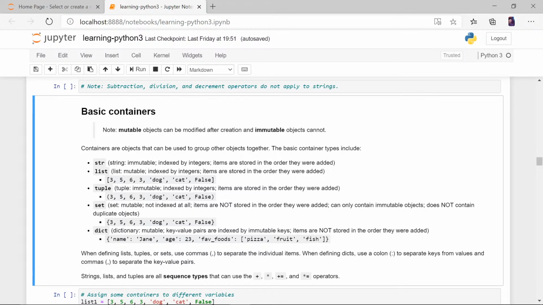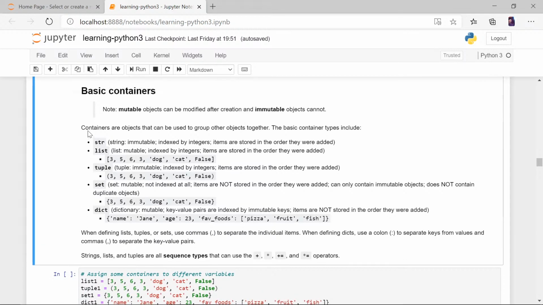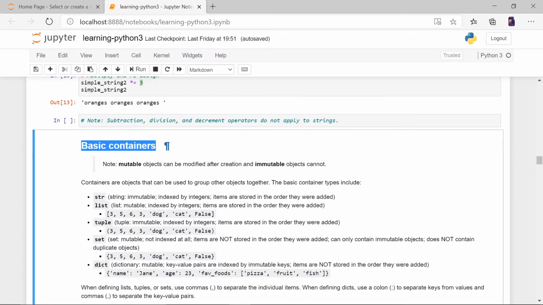Okay, so here we go with the basic containers. Basic containers are nothing but, as you say, there are parts of speech in grammar, or we can say a property like names. Let's relate it to English, right? Python is a language, English is a language.